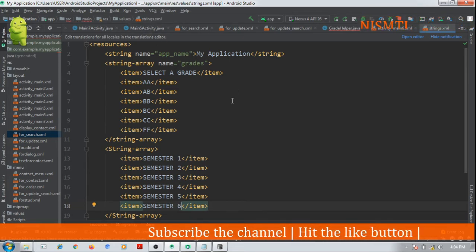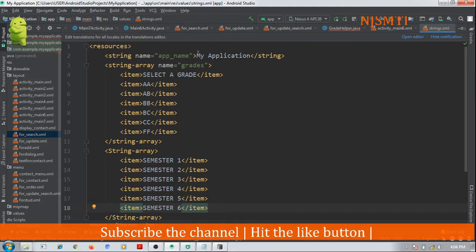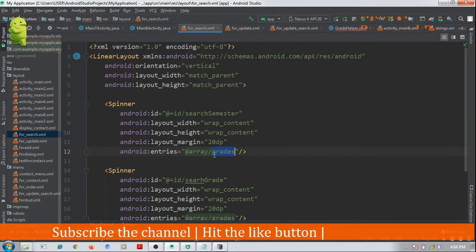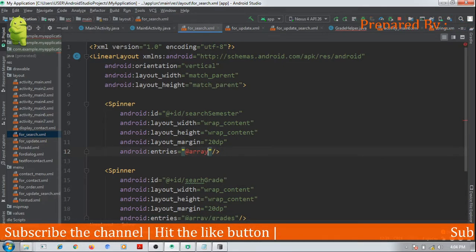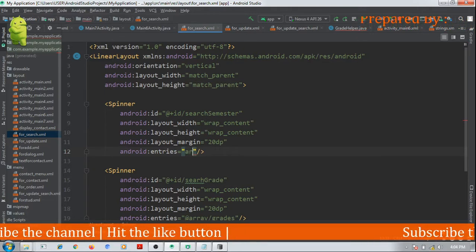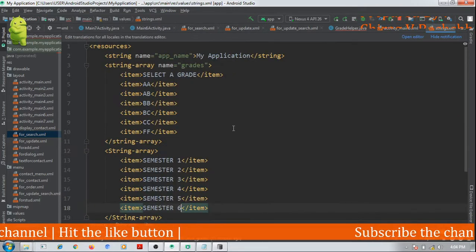Okay, so this array will be used here. Why? What is the problem?